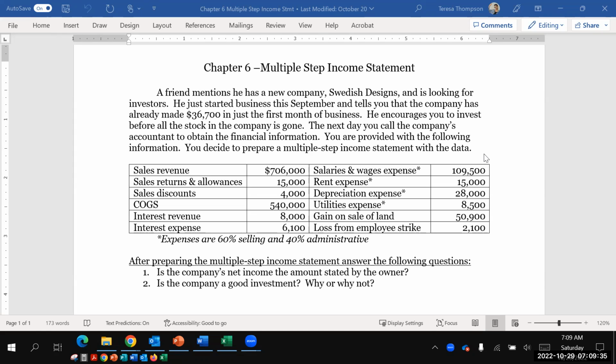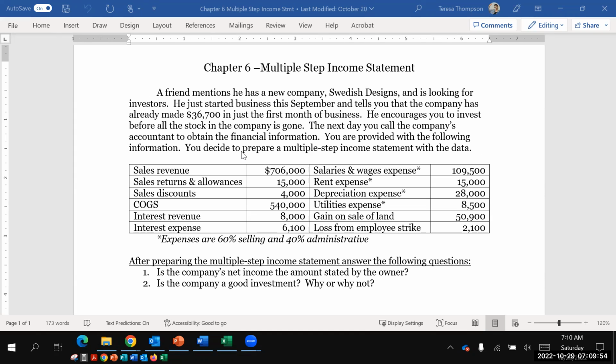All right, so let's look at this example. Here we have a friend. He mentions that he has a new company, Swedish Designs. He's looking for investors. He just started this business in September, and he tells you the company has already made $36,700. He encourages you to invest before all the stock in the company is gone, and the next day you